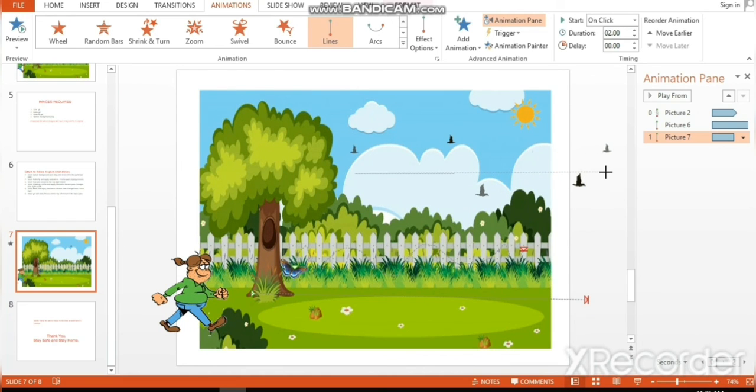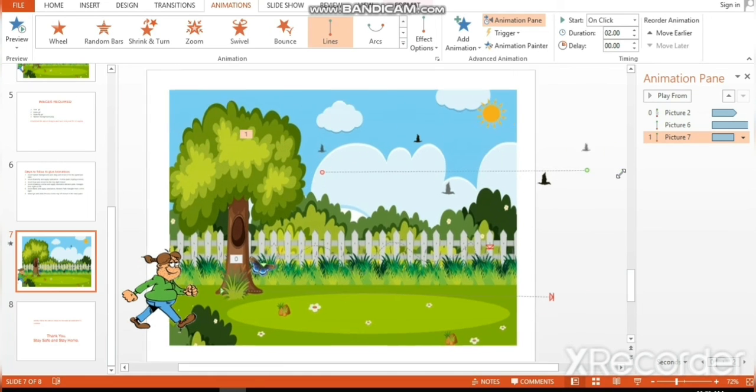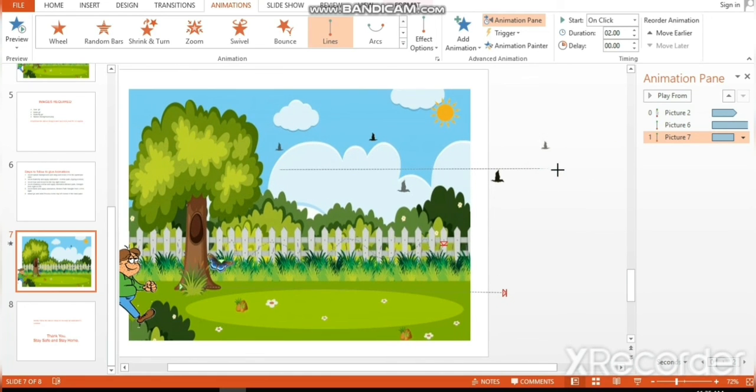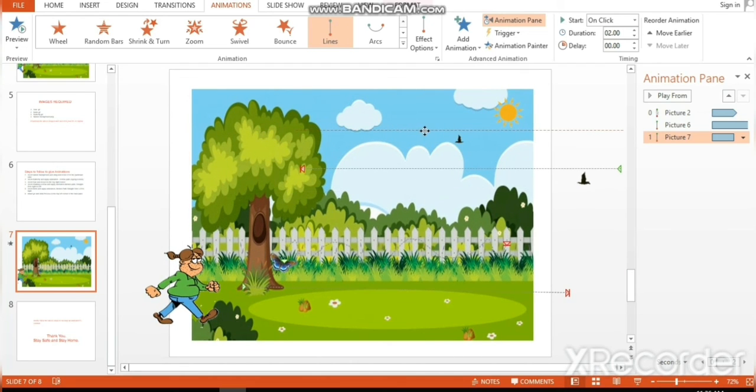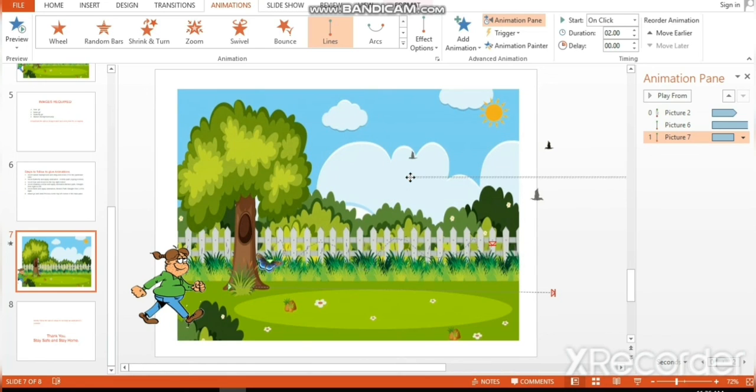So make it move from outside, that is from the right side of the slide to the left side. Make it straight. Yeah, it's perfect.